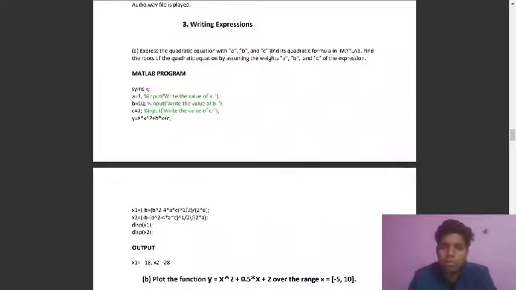We have given a, b, c, then we have to write the quadratic formula, and find the result of the quadratic equation. So we have given some quadratic equation, then we have to find the roots of this equation using MATLAB instructions. This is what this question wants to say.